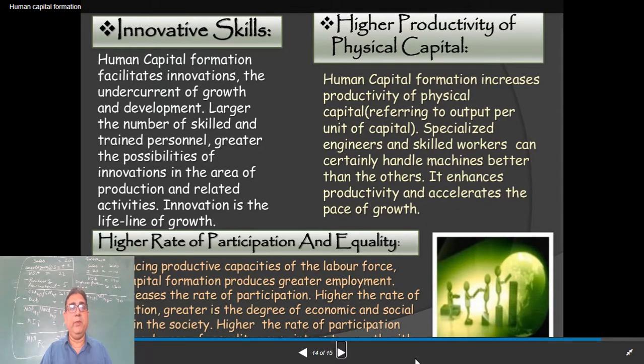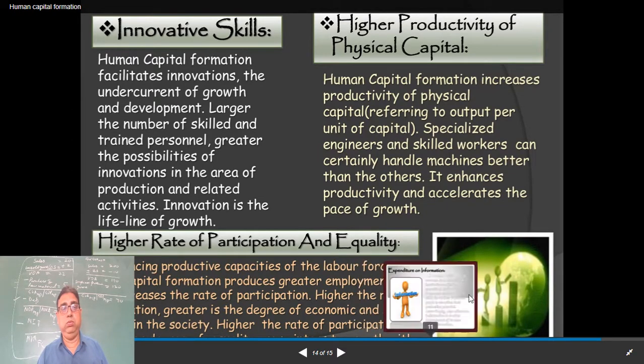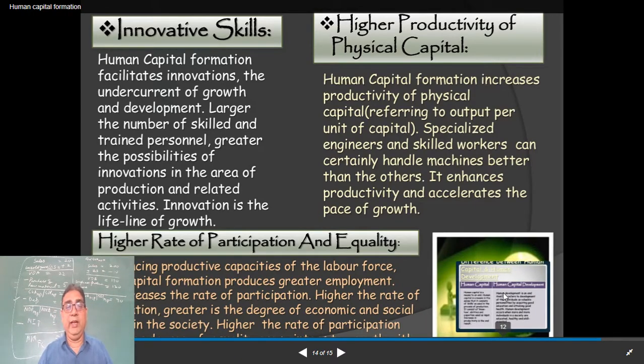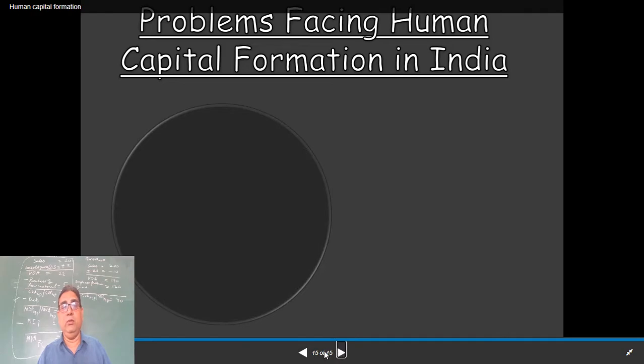Higher rate of participation and equality. By enhancing the productive capacity of the labor force, human capital produces greater employment. This increases the rate of participation. The higher the rate of participation, the greater the degree of economic and social equality in the society. Higher rate of participation means higher productivity and a higher rate of equality among the society. So this is also very important. So my dear students,